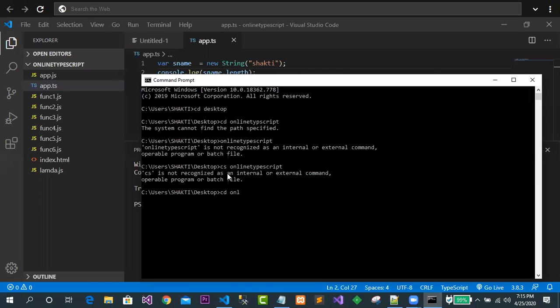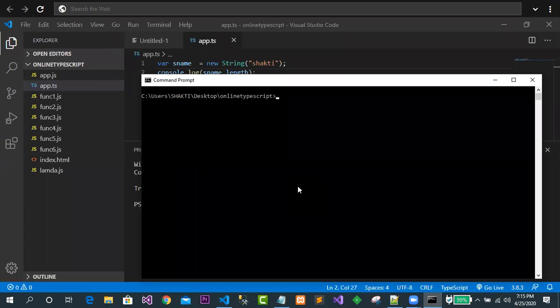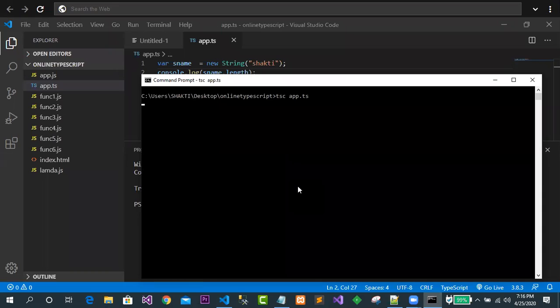CD online TypeScript. Okay, so now it is looking great. Just see, now your folder has opened. Okay, now what I will do, I will just compile the programs. So how to compile this file? app.ts I will go for. Okay, look at this. So now